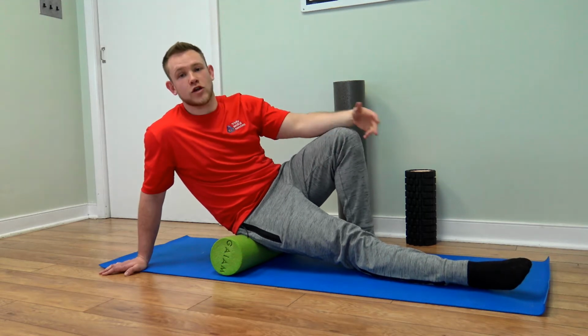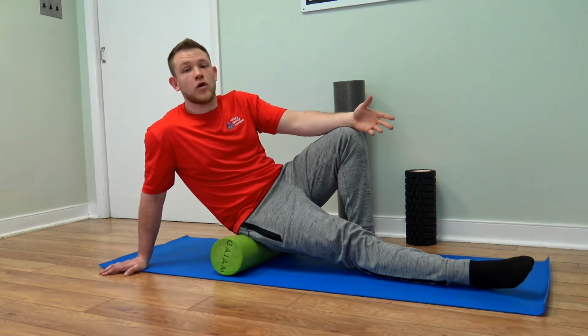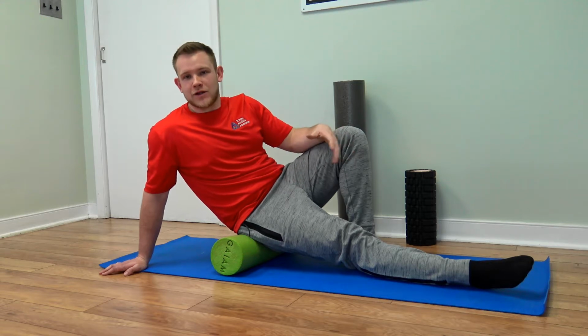The glutes are a very large muscle, so it may take you a few sessions to actually get some release. You use them all throughout the day. Same thing with your legs and your calves. You don't really work your calves out as much. They're really